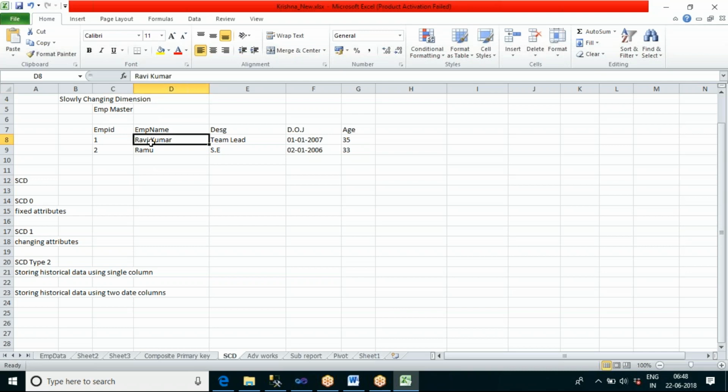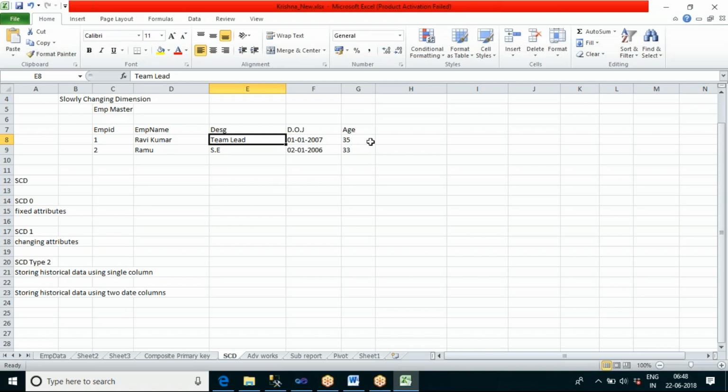And will this master table data change very frequently? No. In this case, you can see his designation won't change every month. It can change after 2 years or 3 years. So master table changes happen slowly, they are not frequent changes.